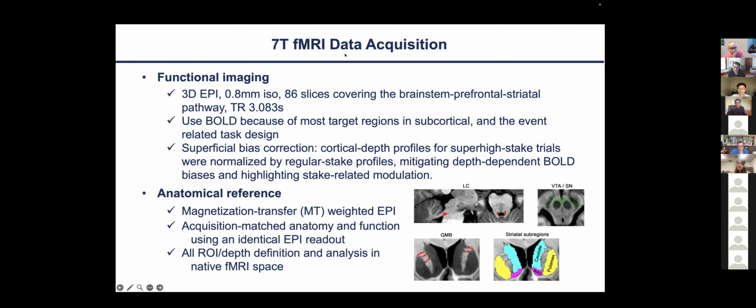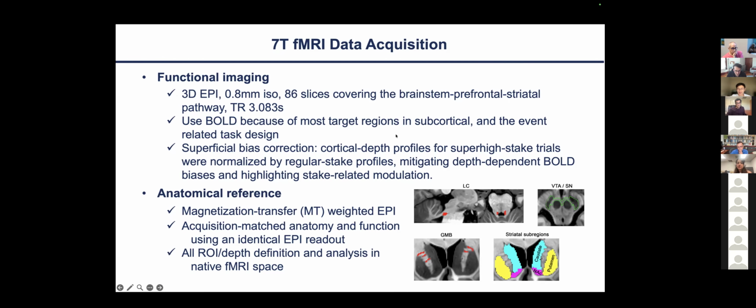Gotcha. And you were happy with the tSNR values down there? I imagine you need to have double digit acceleration here with almost 90 slices in 3 seconds, so the g-factor might be severe. Yeah, so we have 86. We didn't push it, so the acquisition here for the 3D EPI is not aggressive at all. It's 0.8, 86 slices, and the TR is not very short. It's 3 seconds, and we use a normal CAIPI, a skipped CAIPI, like a 3 by 2. So it's not aggressive at all. It's very regular. It's a very robust protocol.